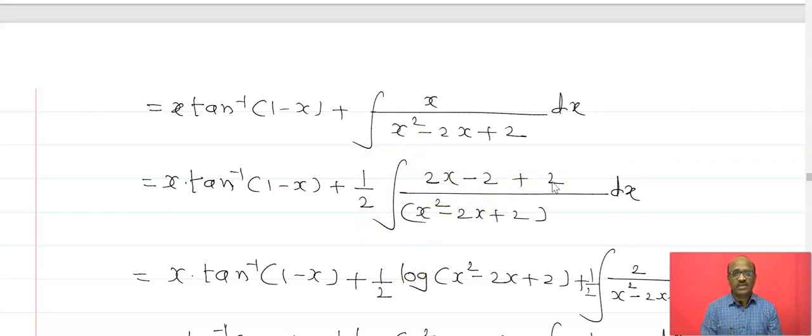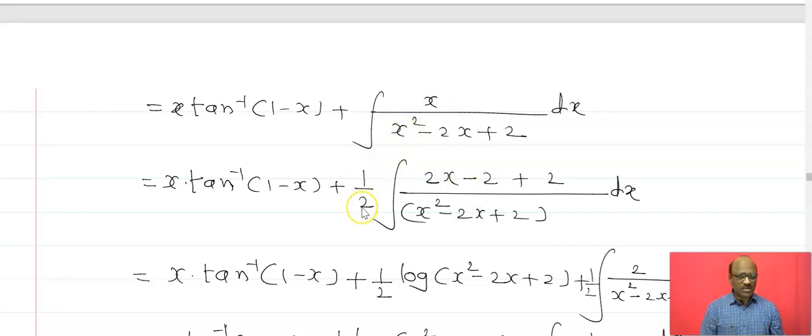Now you will say, how have you adjusted here? I observed that the power in the numerator is x to the 1, and below it is x square. Now we can write it in the form of f dash of x upon f of x. What's the derivative of x square minus 2x? The derivative of x square minus 2x is 2x minus 2. Then can we make our numerator like that? Yes, we can do it.